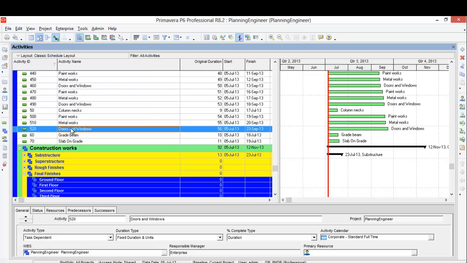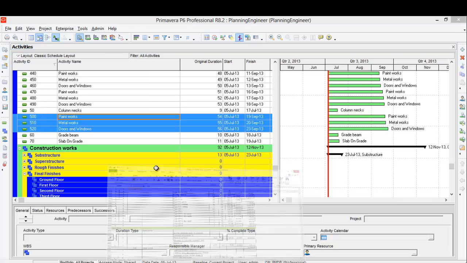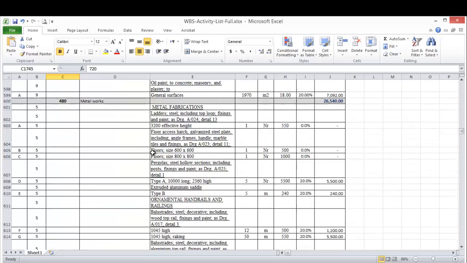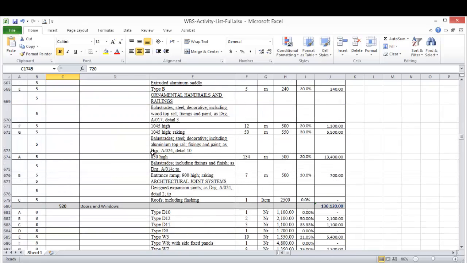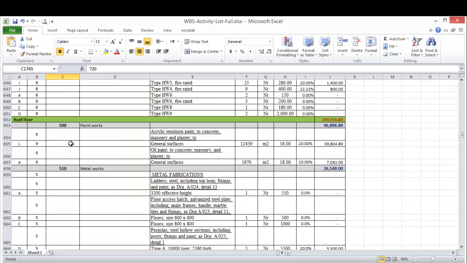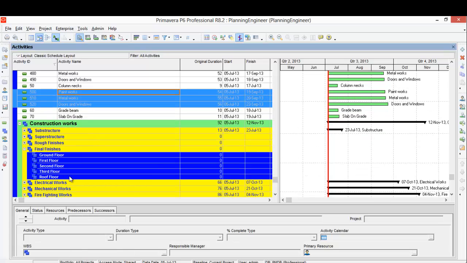So the doors here, metal, paint, the 500, 510, 520 should belong to the roof floor. So I will cut this one and put it in the roof.